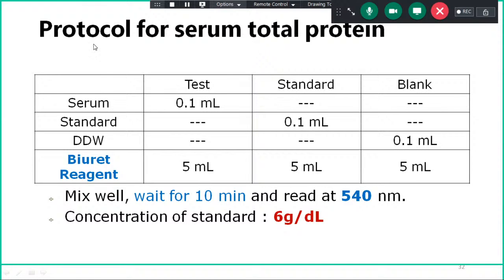So for total serum protein, we use the biuret test, and for estimating it with a colorimeter, we have to make 3 different test tubes and label them as test, standard and blank. In the test we will add serum, which will have some amount of protein, for example 0.1 ml of serum. In the standard test tube we will use a standard solution, which is a protein solution of known concentration. So here we already know what is